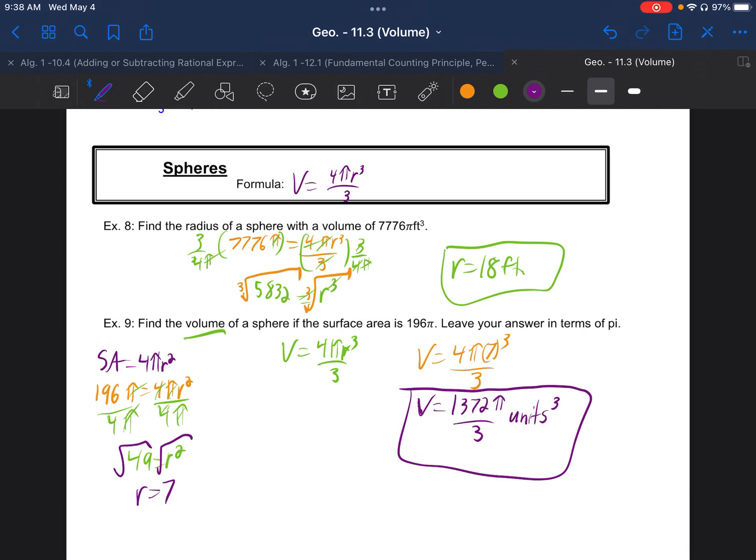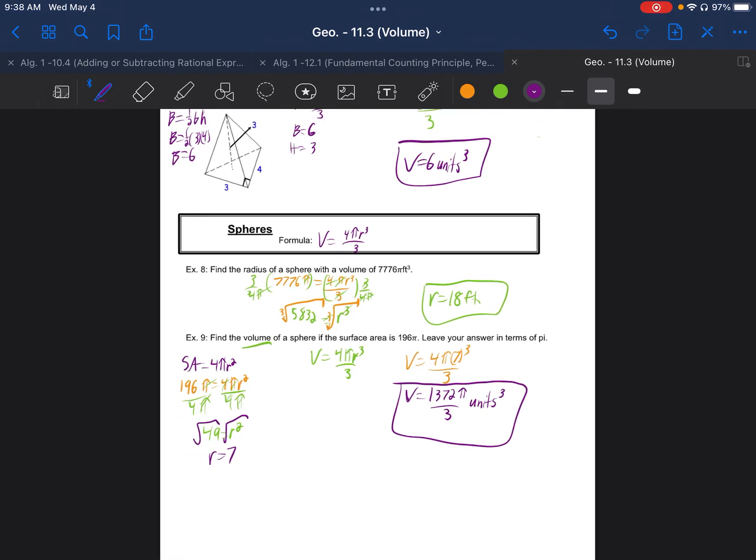All right, that is section 3 of chapter 11, doing volume of three-dimensional